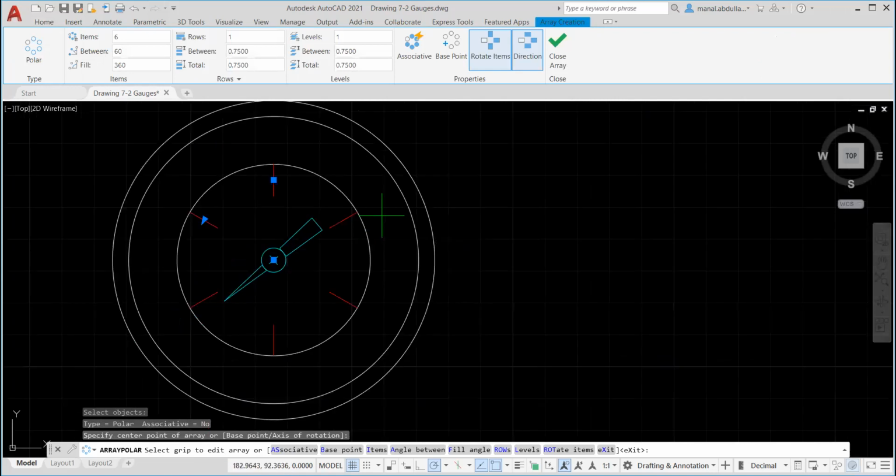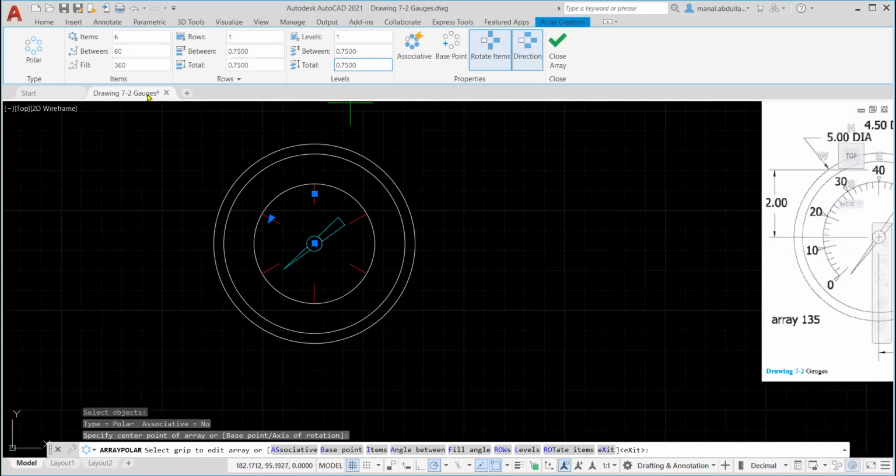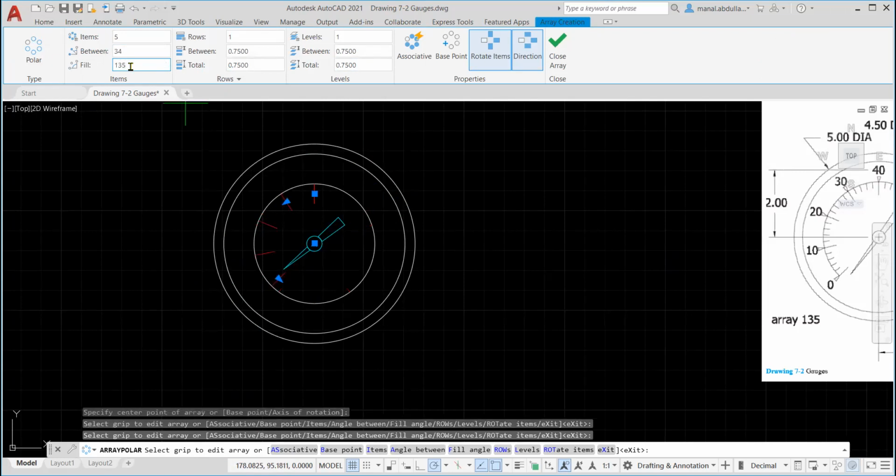Okay. Now you created the array, we need to modify the items and the filling angle. The items here, 5, enter, and the filling angle 135 as instructed in the book. So they are 135, and they are 5 items. If you put that minus 135, you will get the other direction. But I'm not going to put it minus, I'm gonna keep it this way, then I will use mirror to get the other way when I'm done. So either way,